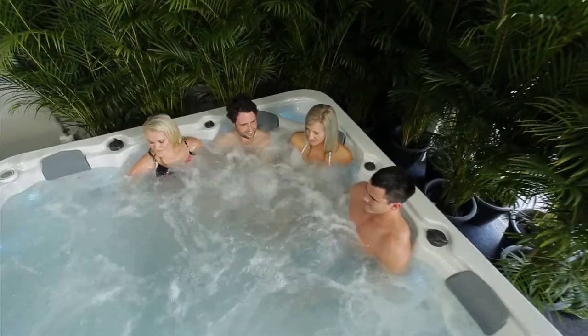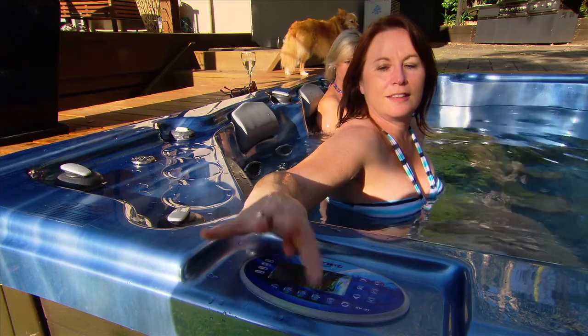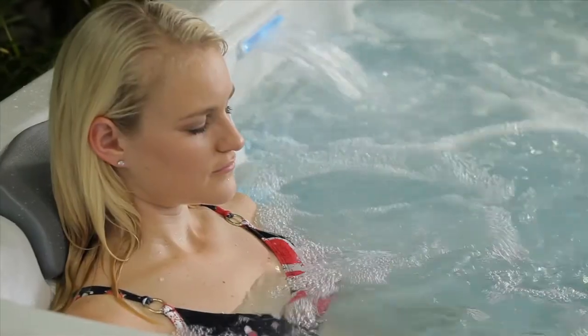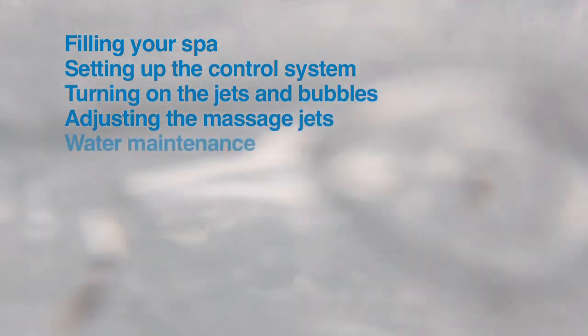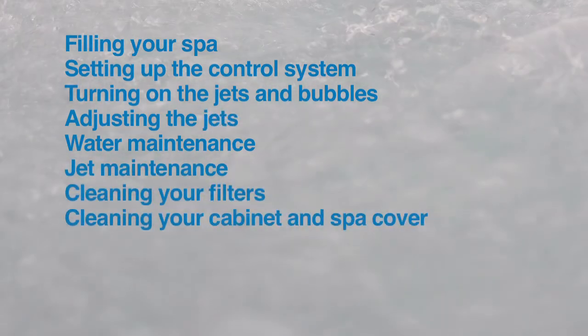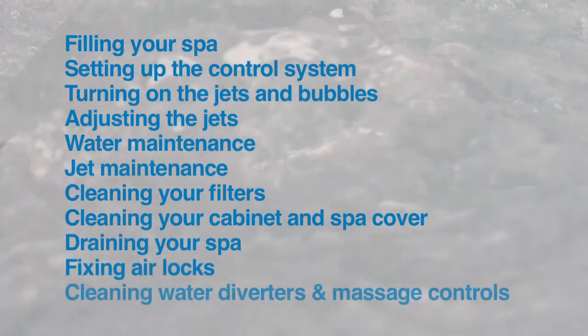Want to help you get the most from your spa right from the start by understanding how to set it up, operate the controls, manage the water and look after your investment. We'll break this into easy segments. Filling your spa, setting up the control system, turning on the jets and bubbles, adjusting the massage jets, water maintenance, jet maintenance, cleaning your filters, cleaning your cabinet and spa cover, draining your spa, fixing airlocks, and cleaning water diverters